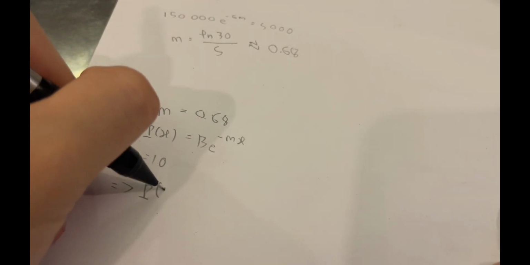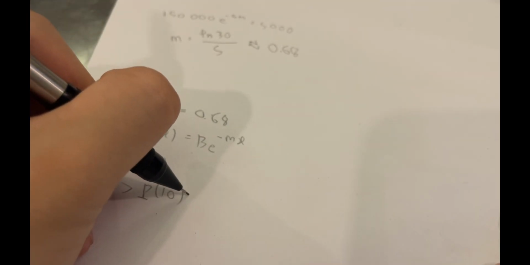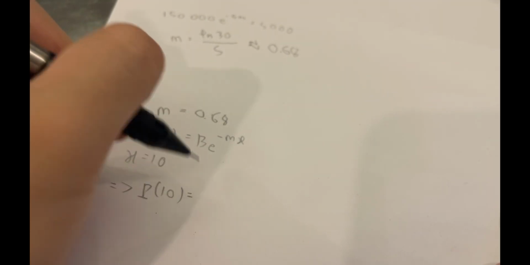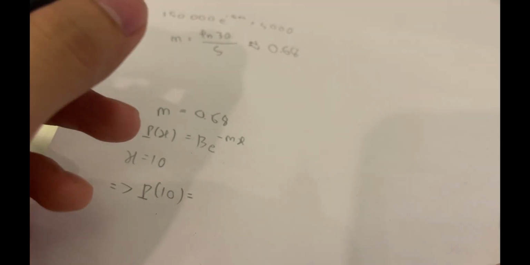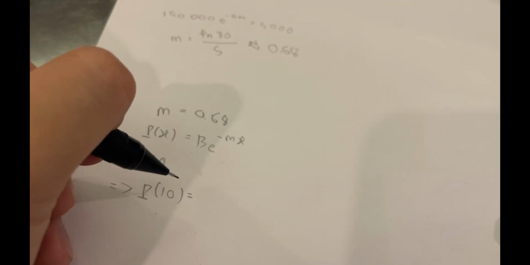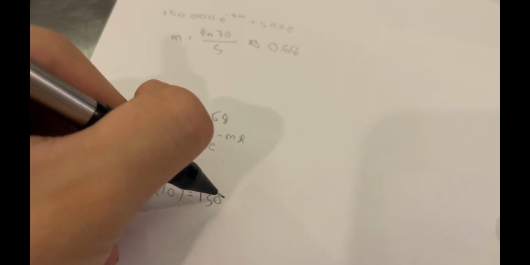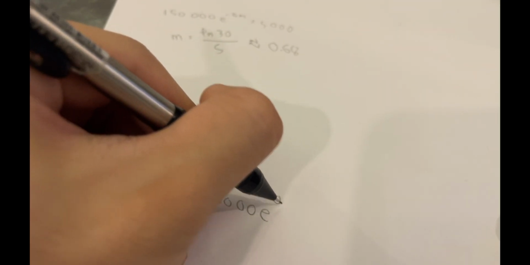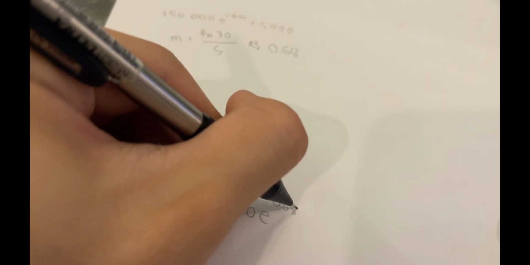p of 10 is equal to, we compute what the information we have, is equal to 150,000 e to the power of